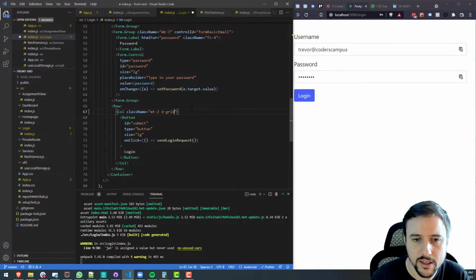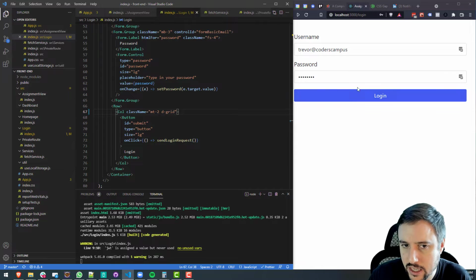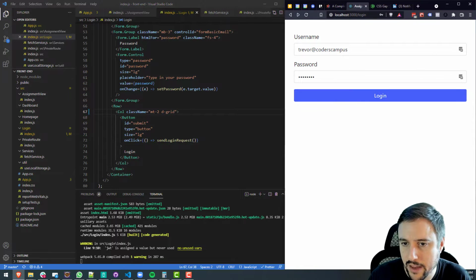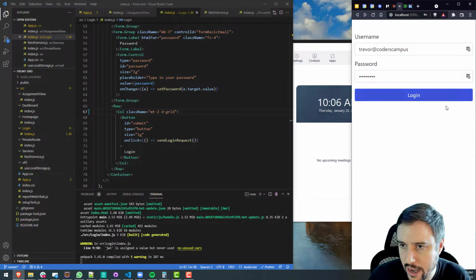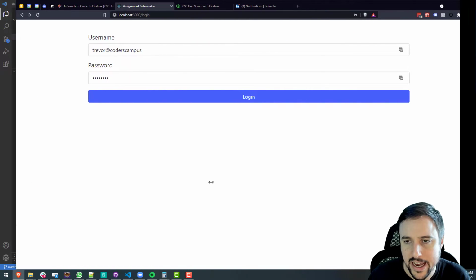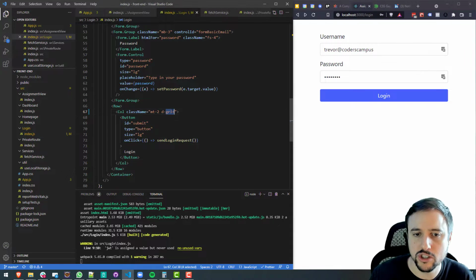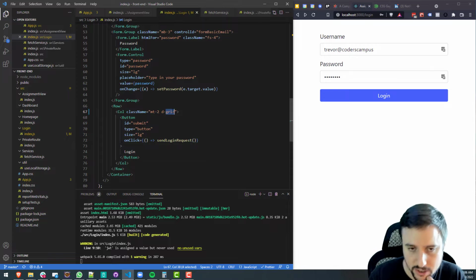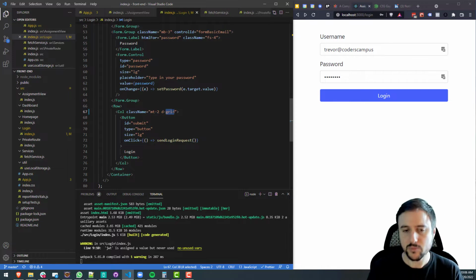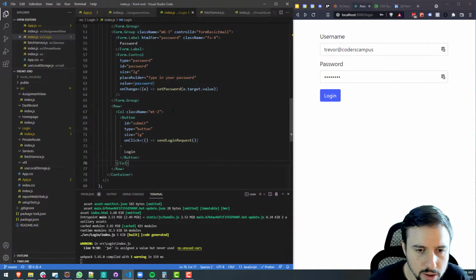If you do d-grid and hit save, boom, it creates a grid out of the column that you have here. So that login button spans the whole length of the box that it is inside of. And if you make it large, then it does the same thing. Now I personally have more experience using Flexbox, but just to show you, you can use grid as well. There's lots of grid related stuff you can do. But let me just remove that for a moment to go back to where we were, and let me add one more